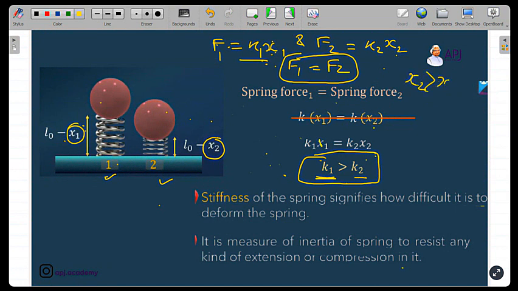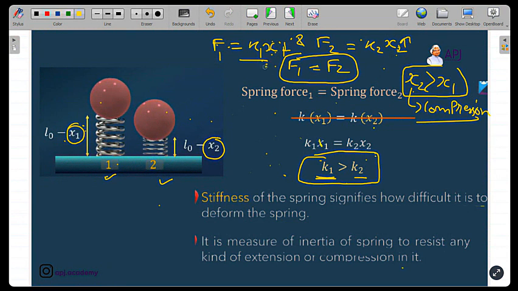X2 is greater than X1. What is X? X is the compression in the spring. So if the compression in spring 2 is greater than spring 1, if I'm saying X2 greater है X1 से, X1 कम है,